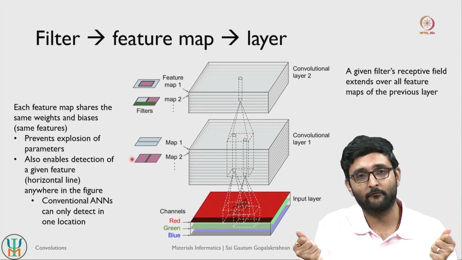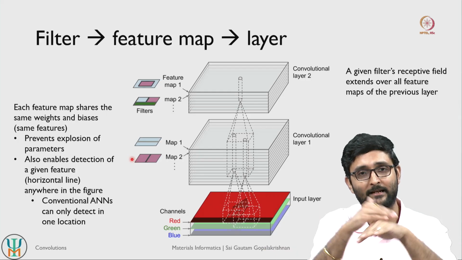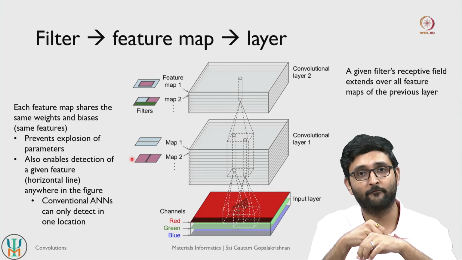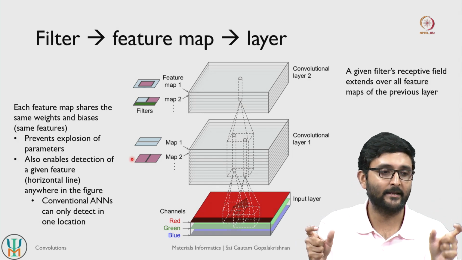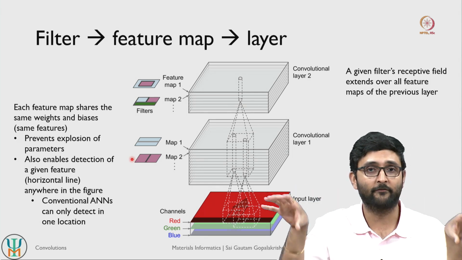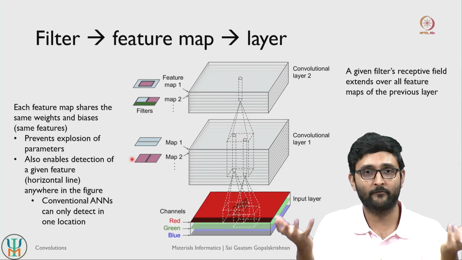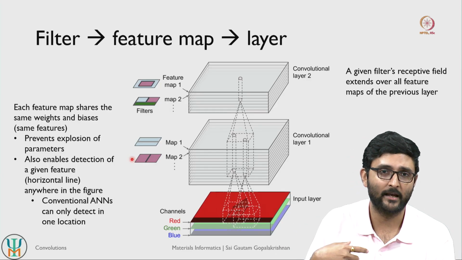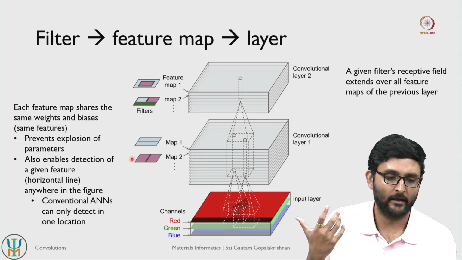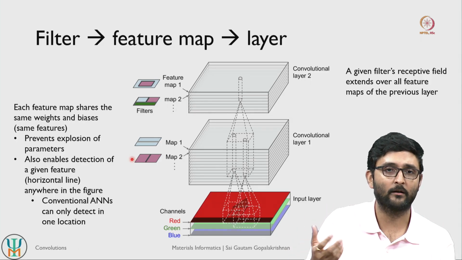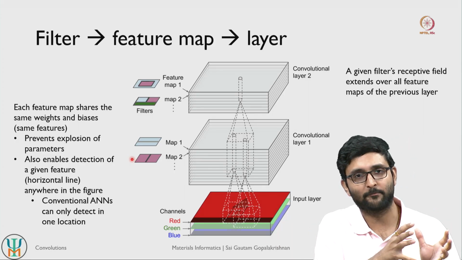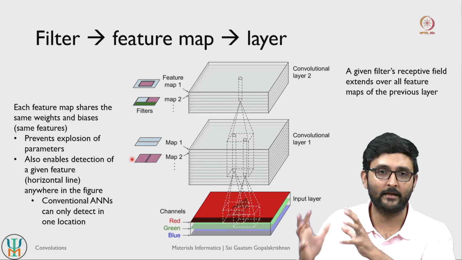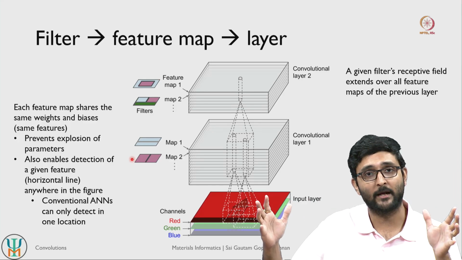Whereas filters allow the neurons to learn from one another. So the model itself will be able to recognize the same feature across different portions of the same input. This also helps convolutional neural networks to be more data efficient, so they can learn more quickly with limited amounts of data. So filters help with reduction of parameter explosion, and they also help in learning similar sets of features across different parts of the same image.